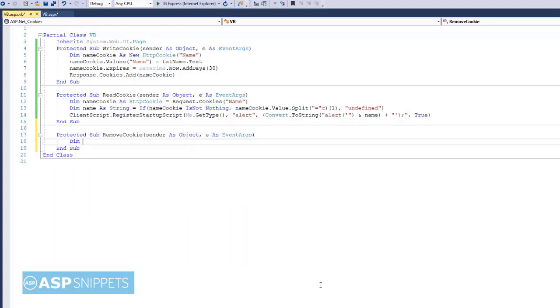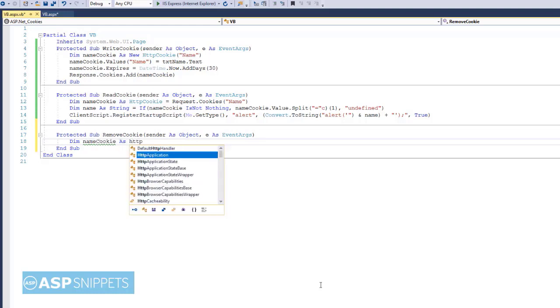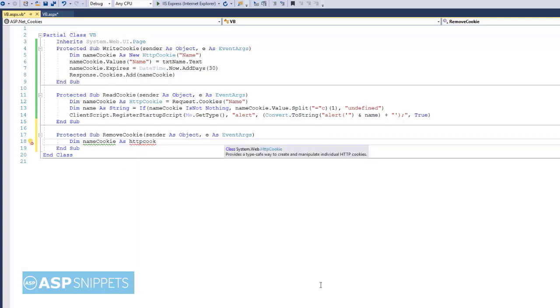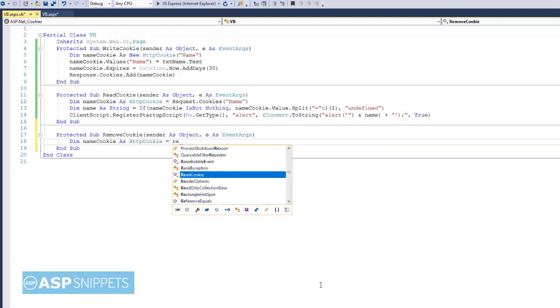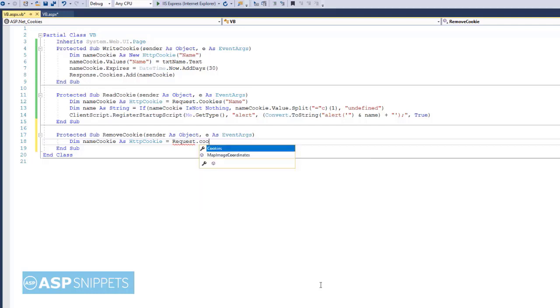Now again I am creating an object of HTTP cookie class, and again the same thing, I'll read the cookie from the request.cookies collection using the name of the cookie.